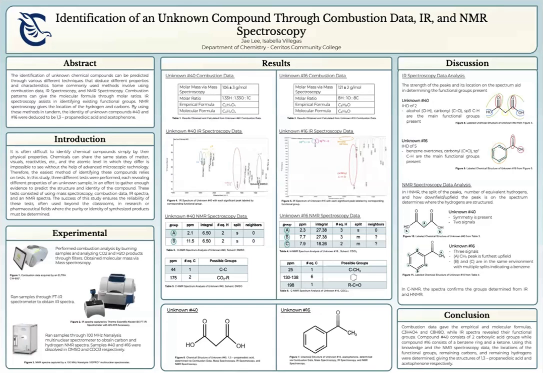Today we are going to be talking about our experiment, which revolves around the identification of unknown organic compounds through various means. Giving a quick overview of our experiment, we started with two unknown organic samples, compound number 40 and compound number 16, and utilized three different techniques in order to determine what they were. We used combustion data, IR spectroscopy, and NMR spectroscopy. Combining all three pieces together gave us the identity of the compounds, compound 40 being 1,3-propendioic acid and compound 16